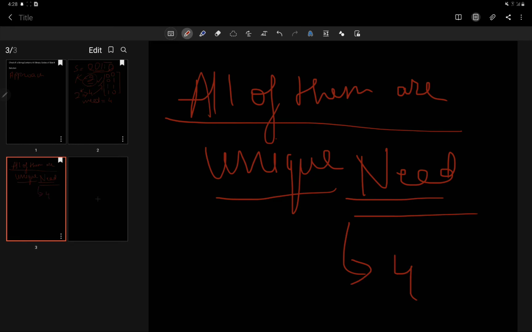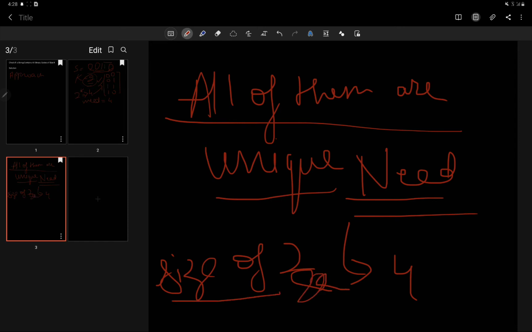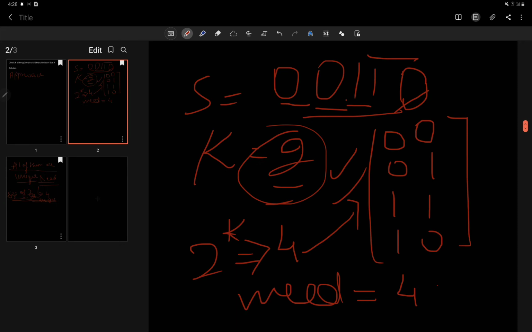And those 4 substrings should have size of 2 and should be unique. If they satisfy those two conditions, then only can we say these are all the values; they cannot have a different value. All right, so this is the case and this is the approach that we are going to use here.